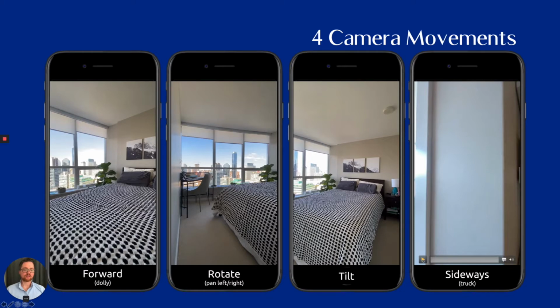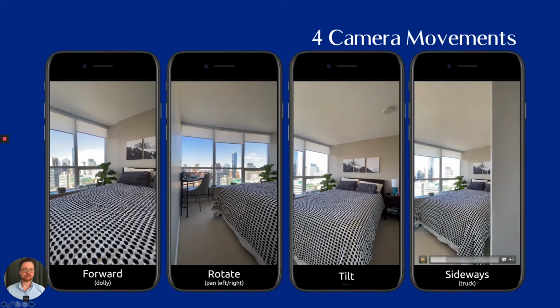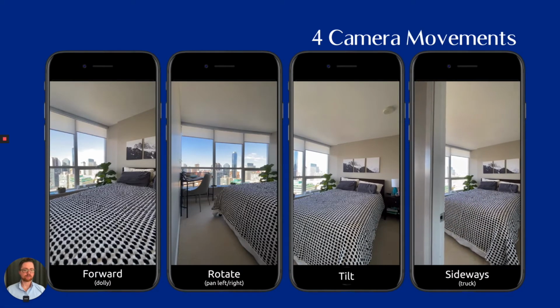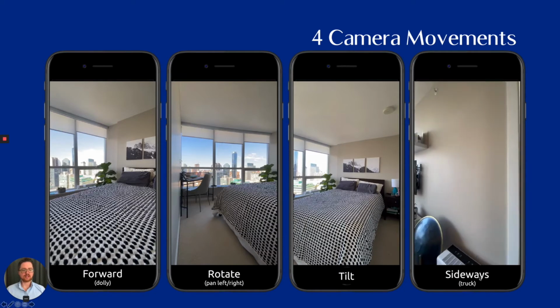And then a sideways movement, which is technically known as a truck. The truck is an excellent movement for revealing shots. The tilt is excellent for the first shot, for example, showing an entire condo building or showing a room for the first time. Also excellent if you're showing off a feature of the house, perhaps a stove or a fridge,